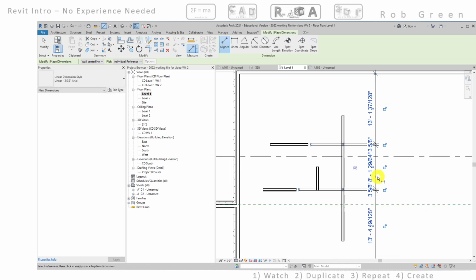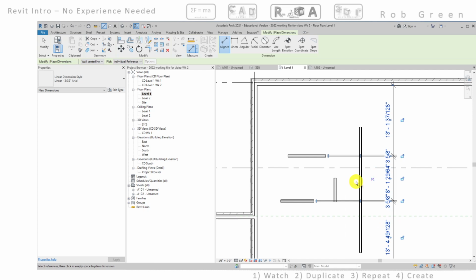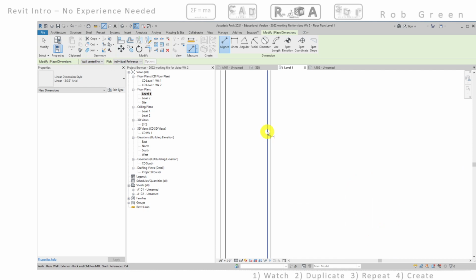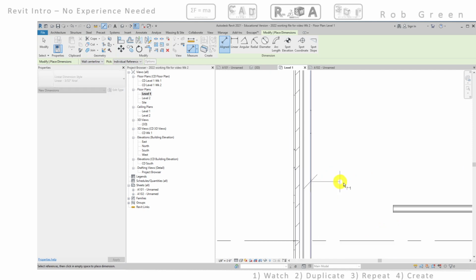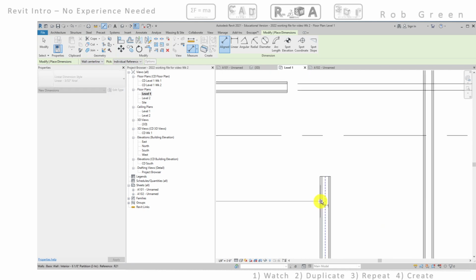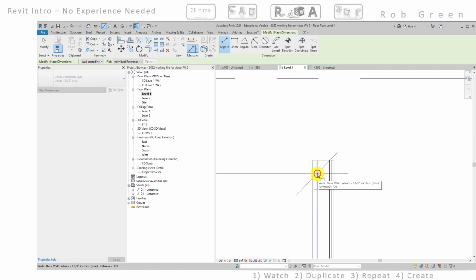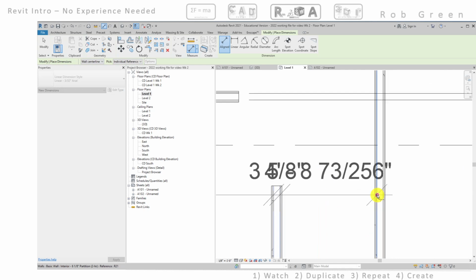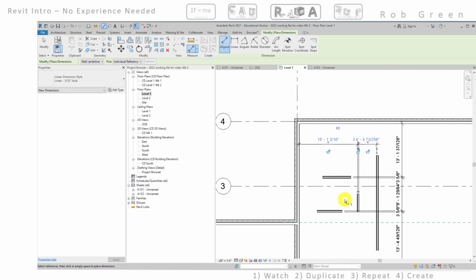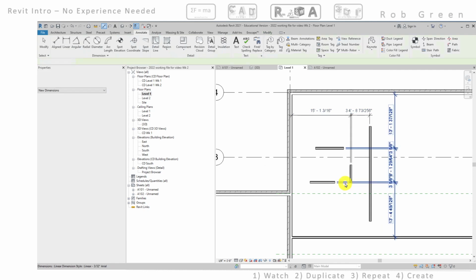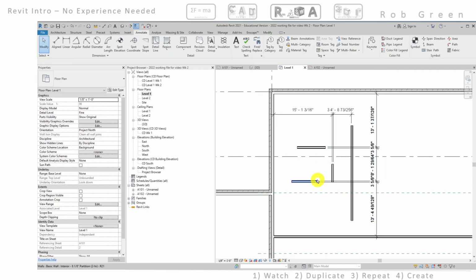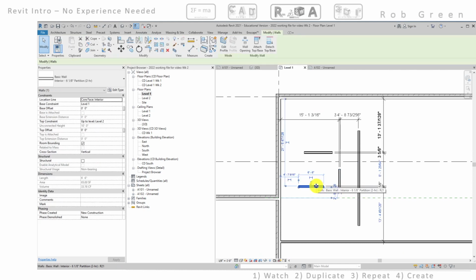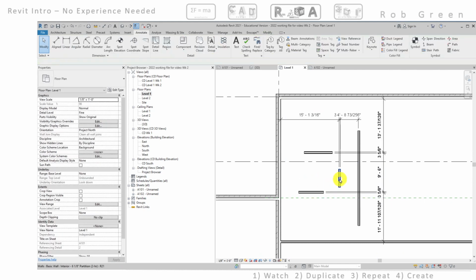And you can clearly see that my numbers are a mess. And let's see, I'm going to put in a horizontal dimension. I'm going to choose this inside of the core face. Come over and pick up the near core face here, the next core face, and the near core face of this wall. Okay. So let's see. So I think I have all these dimensions now. So I am going to drag this wall down. I don't really want them overlapping. So I'm going to click this wall,